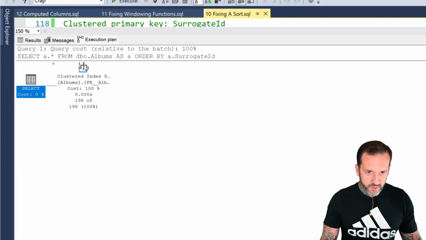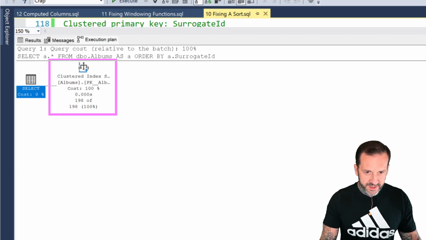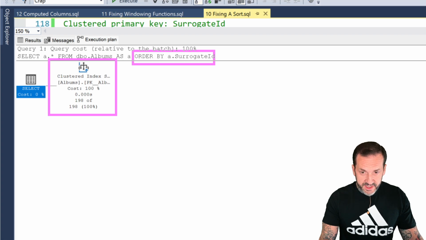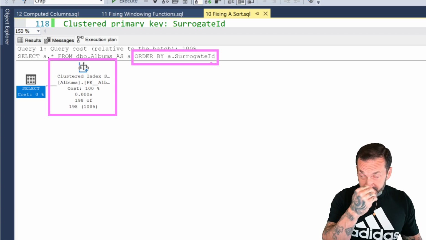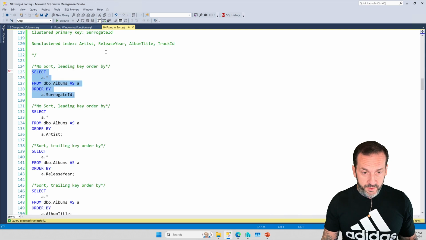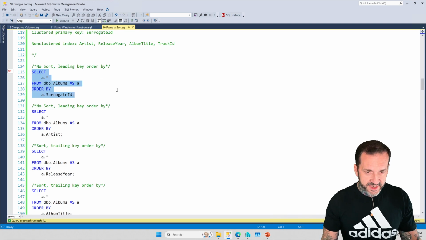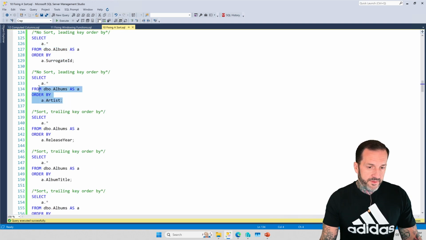Oops, I hit control, but assume it didn't listen. We scan the clustered index, but we don't have a sort operator in our query plan. We have asked for this in the order of surrogate ID, but since the clustered index puts surrogate ID in the order that we wanted it in, SQL Server does not have to physically implement a sort of this data. The same thing goes for if we